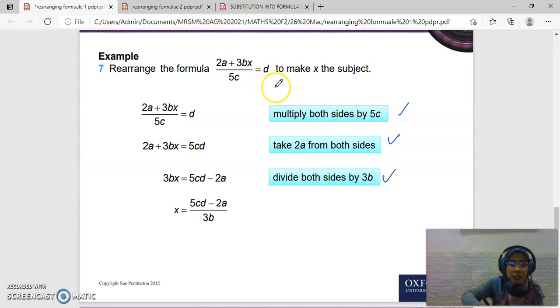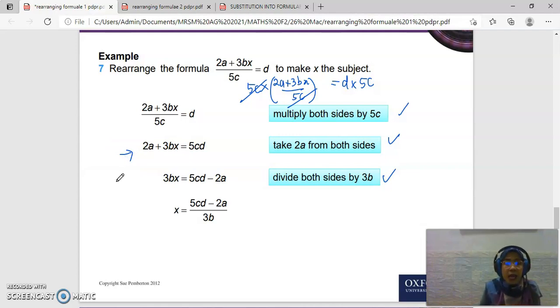For this part, you can make it 3a plus 3bx over 5c, and we multiply with 5c. So this part also will be multiplied by 5c, and we can cancel out 5c. So we end up with this equation. And then take 3a from both sides. So we have 3a